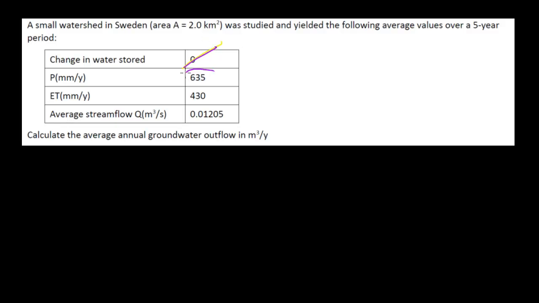We're given precipitation rate, we're given evapotranspiration rate, and we're given stream flow. And we're asked to calculate the average annual groundwater outflow. So this is a little bit tricky in that which was not mentioned here, but is an integral part of